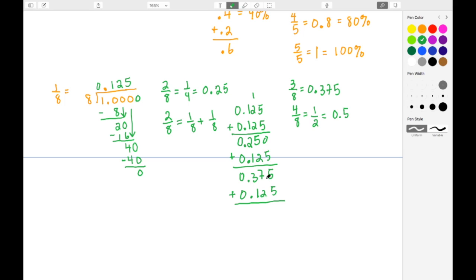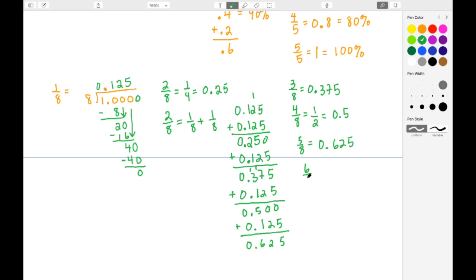So we add this here all together. So 5 and 5 give me 10, so I carry the 1. 7 and 2 is 9, plus another 1 makes 10. And then I have the 3, 1, and 1 to give me 5. So here I have 500 thousandths, which is the same thing as 5 tenths if I'm not going to write these two zeros here. So we know that's correct. Moving on to 5 eighths. I'm going to add another 125 thousandths. This math here is pretty simple, so that's going to be 5, 2, 6 at my decimal point. So 625 thousandths for 5 eighths.